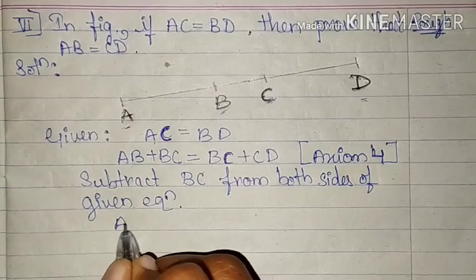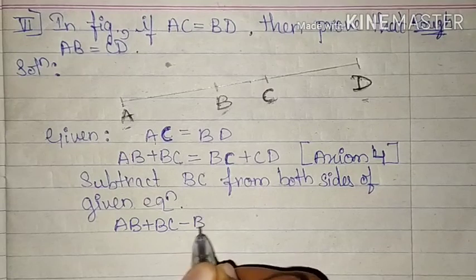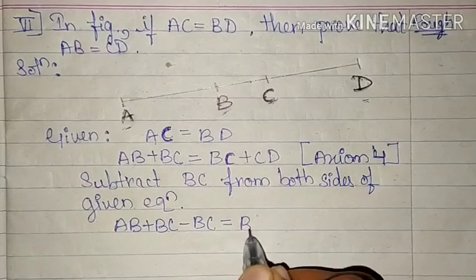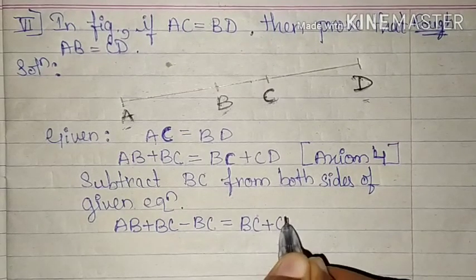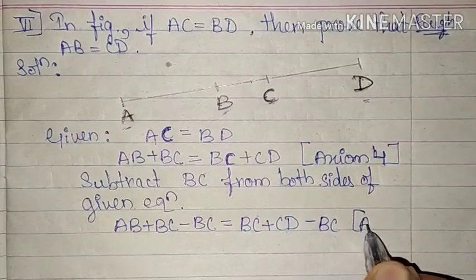We get AB plus BC minus BC is equal to BC plus CD minus BC using axiom